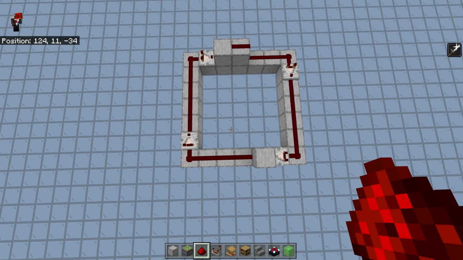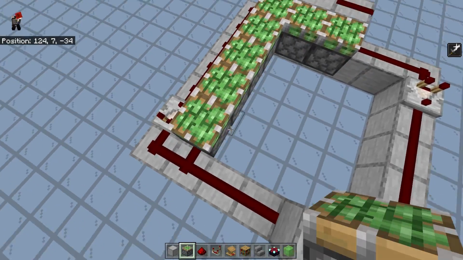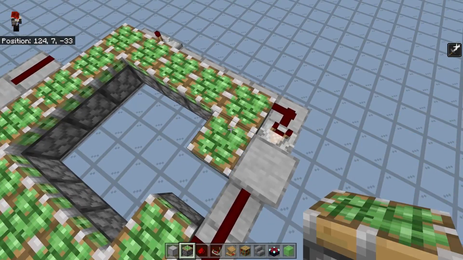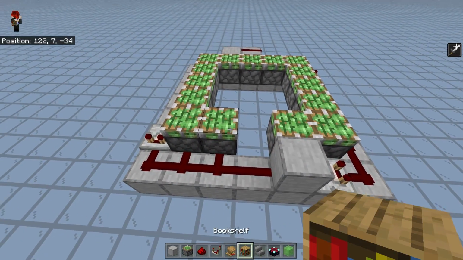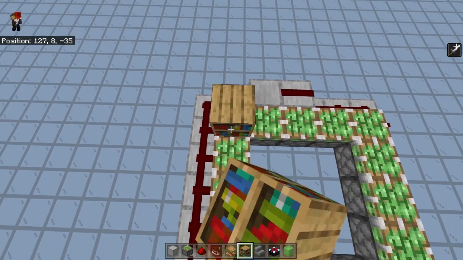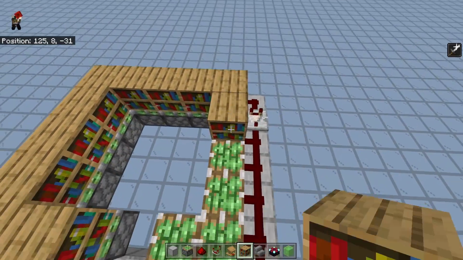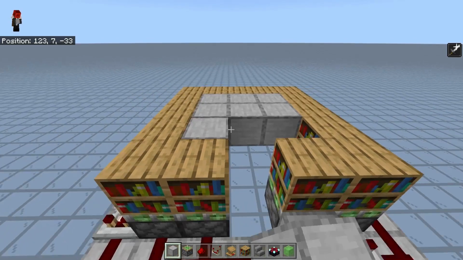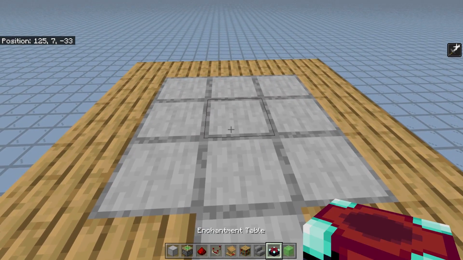Just like that, pretty simple. And have some pistons going just like this. And this will be where your actual bookshelves will sit on top. So let's just put that on top. Very simple. And once you got that done, you can just do your little platform and place your enchantment table